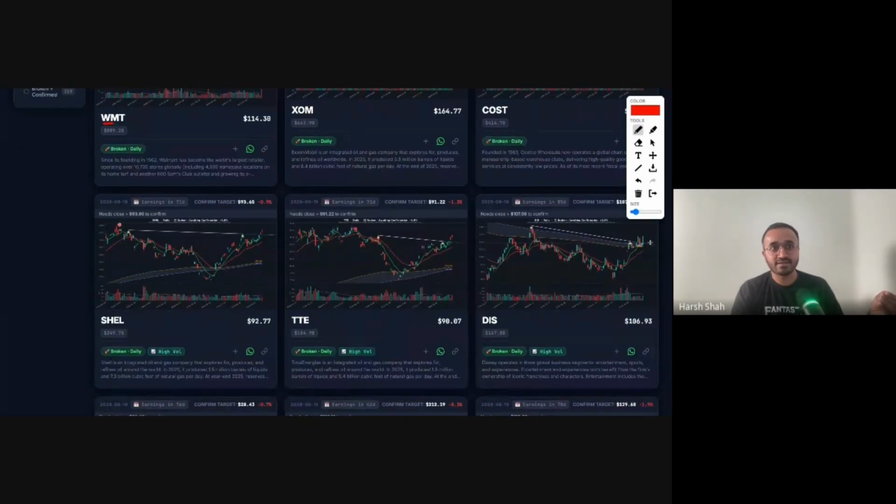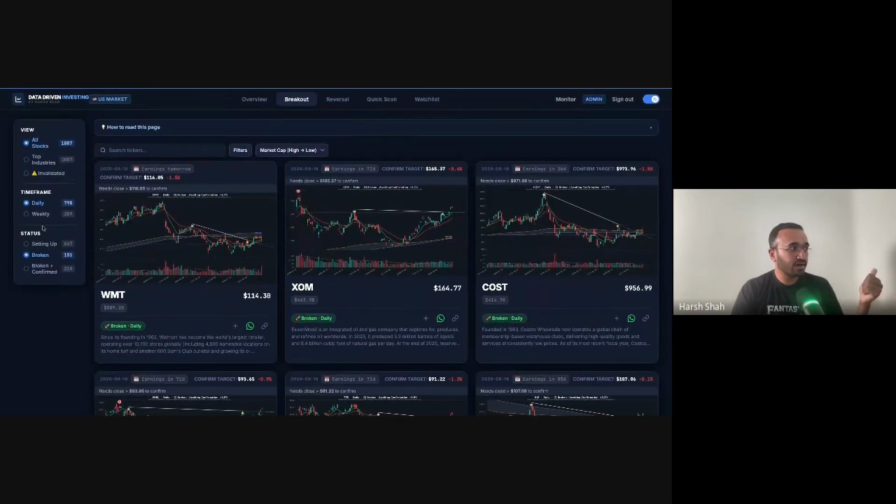But likewise, you can look at any setup you want. So right here, Disney, it is breaking out. So here is the thing, right? Now I've added all the rules, all the conditions that I want for any stock on the technical side. I still need a layer of fundamentals, which again is future work for the scanner, which I'm going to integrate. So all the good companies come to me right away, and that decision making goes as well.